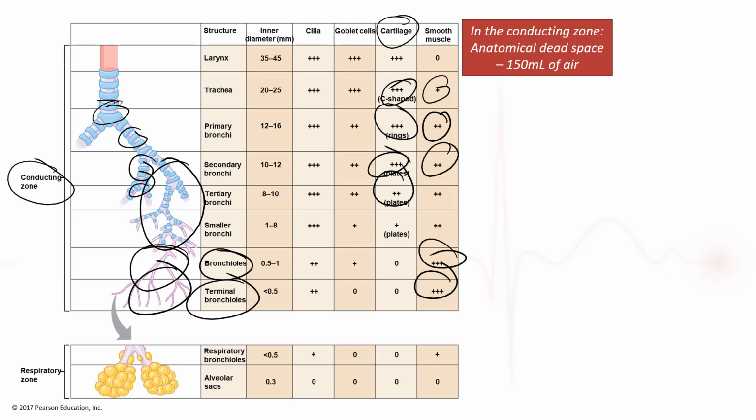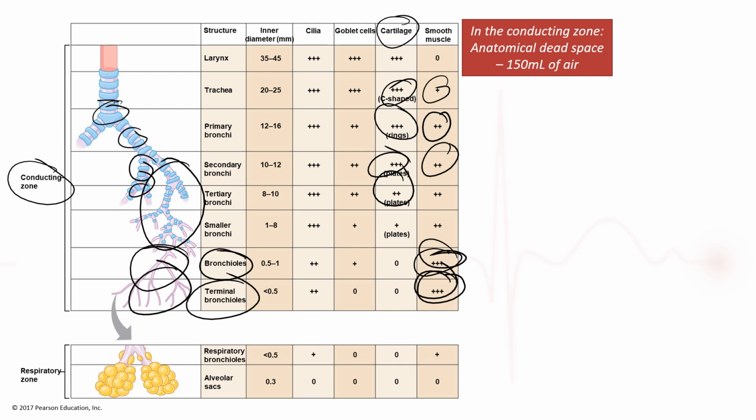The big point to make here, though, is the fact that the bronchioles and terminal bronchioles have all this smooth muscle. That tells you that the bronchioles and terminal bronchioles really function like the arterioles. They have the ability to change the size of their lumen significantly. If the smooth muscle within the bronchioles contracts, then the hollow opening in the center, the lumen, can narrow significantly. If the smooth muscle relaxes, then the hollow opening in the center of the bronchioles and terminal bronchioles can increase